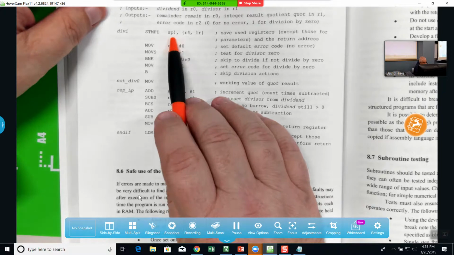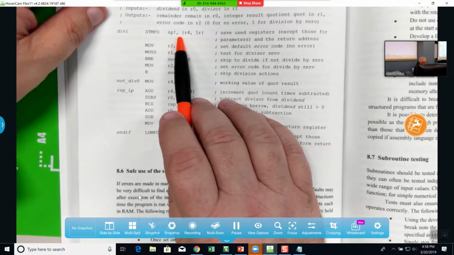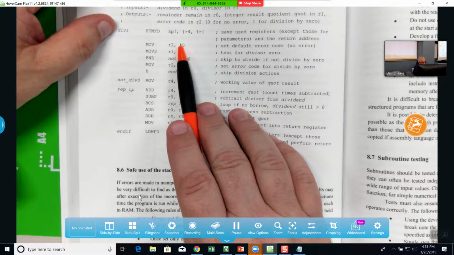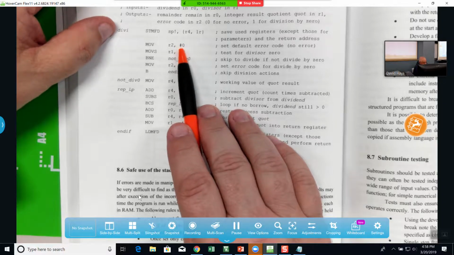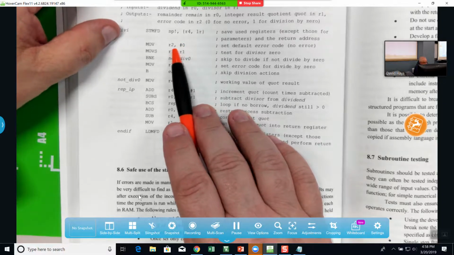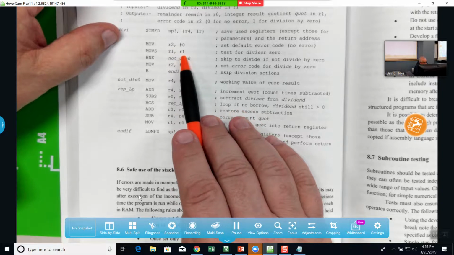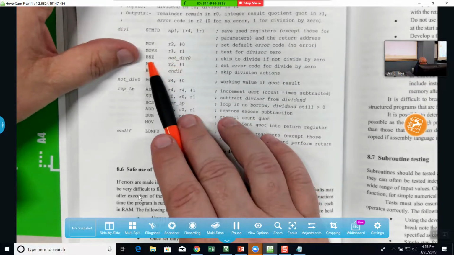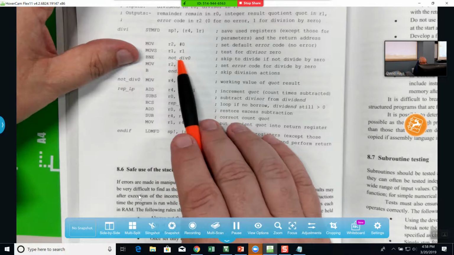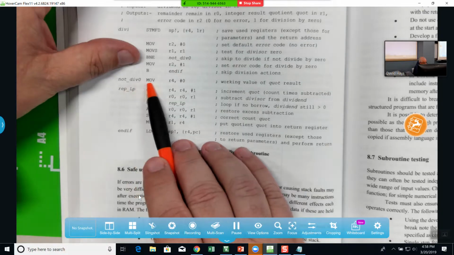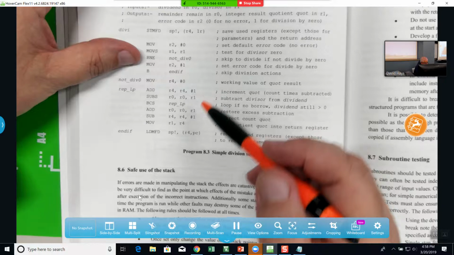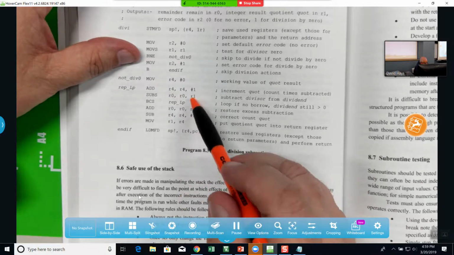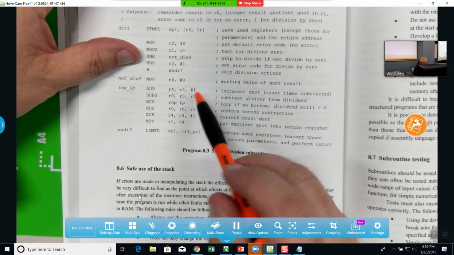So over here, we're pushing it on our stack. This is assuming that it's set up your stack correctly in terms of memory location. Moving 0 to R2, R1 to R1, and branch if it's not equal, to the not division by 0. And if you do, you move 0 to R4 and go through here. Otherwise,